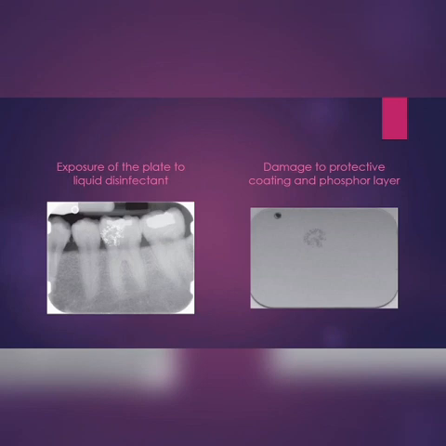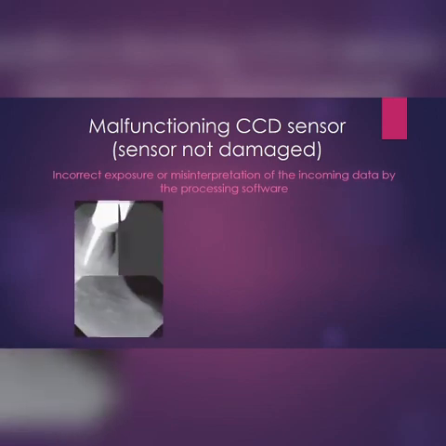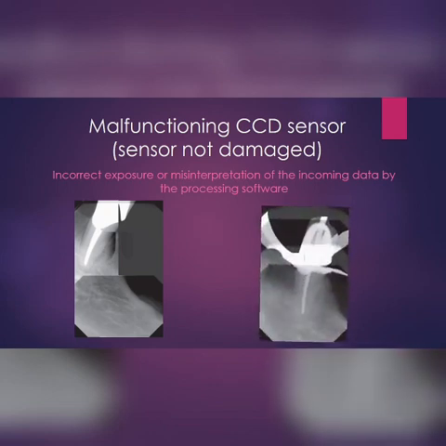So apart from sensor damage, the malfunctioning of the CCD sensors can also produce a compromised image. For example, if you've dropped a CCD sensor after being exposed, this can lead to geometric artifacts or geometric defects that will compromise your diagnostic quality. This can even lead to misinterpretation of your incoming data and give you a degraded image as well. Apart from that, as we saw earlier, if the scanning systems as well as the image processing are done improperly, these can also result in image artifacts, compromising your diagnostic quality.